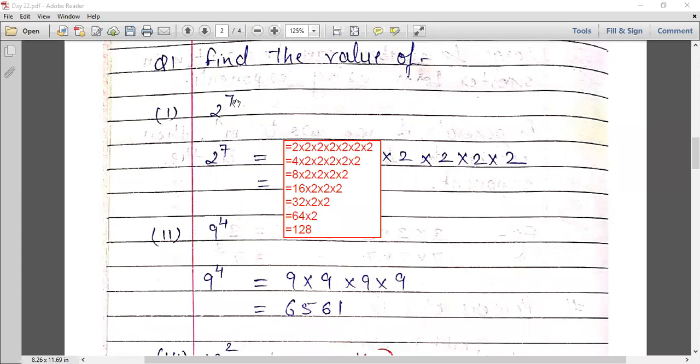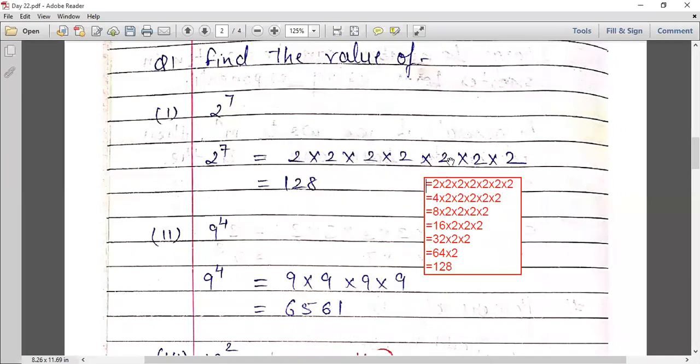2 raised to 7. Here, 2 will be multiplied by 2 7 times. So you can see I have repeated 2 7 times in multiplication. You can solve this question step by step or directly as per your convenience. If you want to multiply all the numbers at once and simply write the answer once, you can do that also, or you can do it step by step like I have done